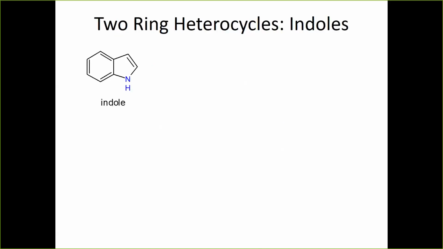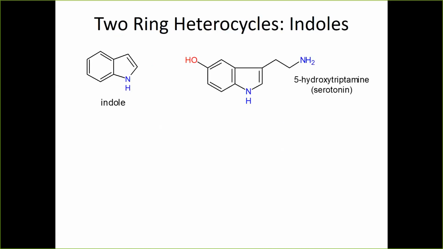Another one that you may run into, this is an indole, and indoles are fairly ubiquitous in compounds that contain serotonin or are otherwise affected by serotonin. So serotonin itself contains an indole. This is serotonin right here, as well as the amino acid tryptophan, which I don't have the structure of drawn here. But this is serotonin itself, and serotonin has another name. Serotonin is the common name. It's also called 5-hydroxytryptamine, with the trypt coming from tryptophan.